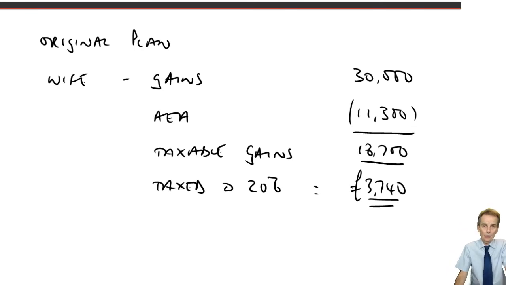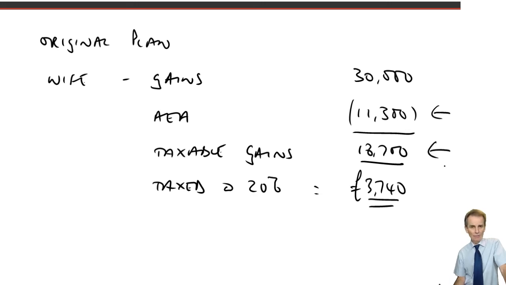Okay then, let's finish off this session by dealing with now our tax planning strategy. At the moment, the taxpayers' plan, they don't know anything about the chargeability of gains or CGT liabilities. Their original plan is the wife is going to sell off her 3 assets that she intends to sell, yielding therefore gains all in this tax year of £30,000. That therefore will be covered partly by the AEA, still leaving most of that gain as a taxable gain, and as she is a higher rate taxpayer, the taxable gains of